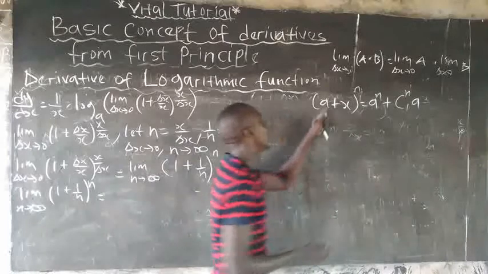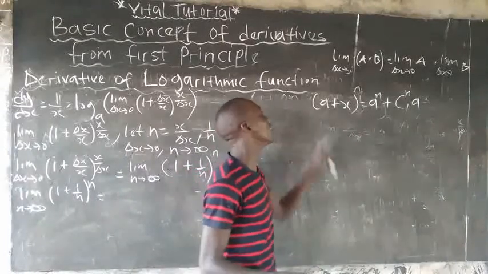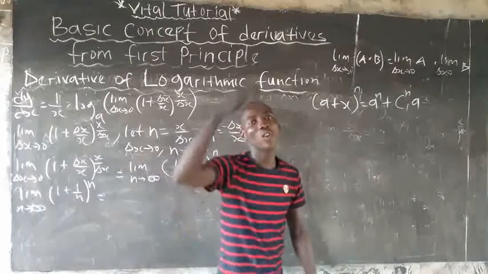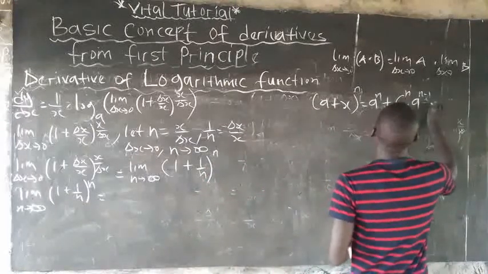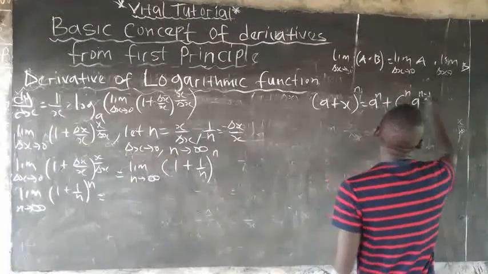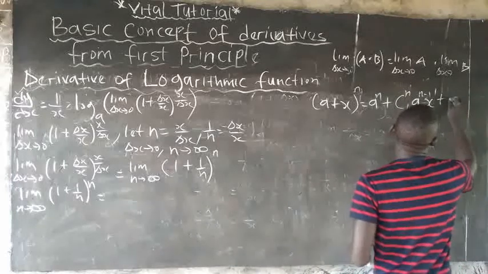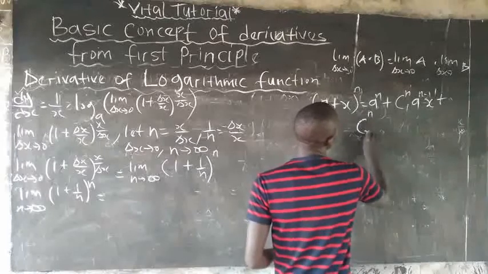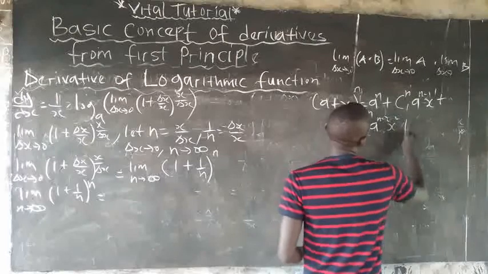Don't forget, your A will be decreasing while your S will be increasing. Your A will be decreasing with the power of 1 while your S will be increasing with the power of 1. So it will be A to the power of n minus 1 and S to the power of 1, plus combination of n to 2, A to the power of n minus 2, S to the power of 2, plus